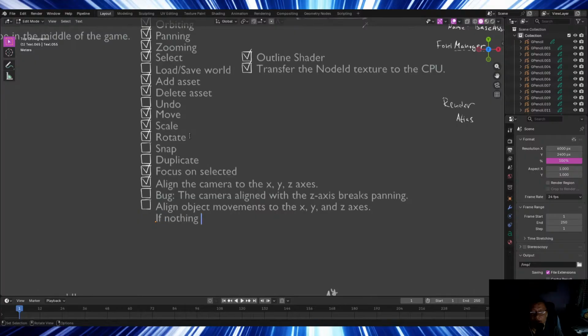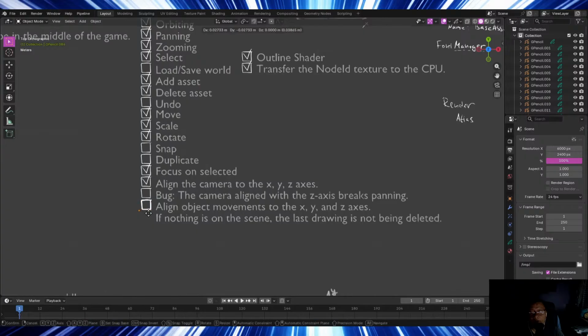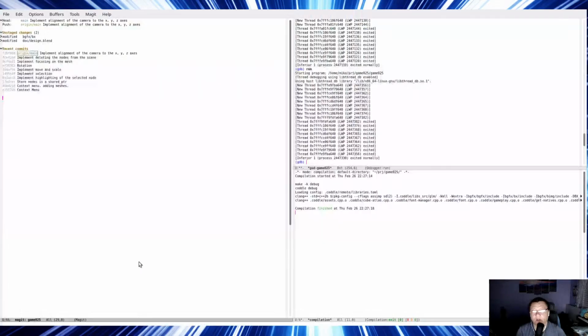If nothing is on the scene, the last drawing is not being deleted. Nothing is on the scene. The last drawing is not being deleted. Anyways,